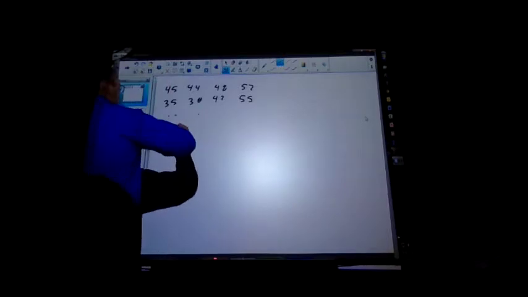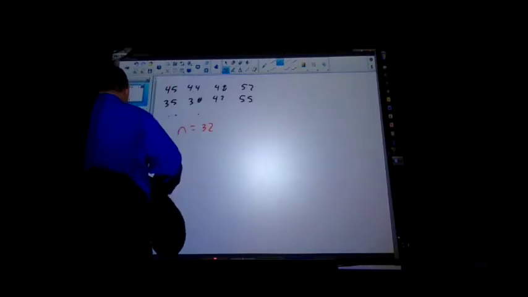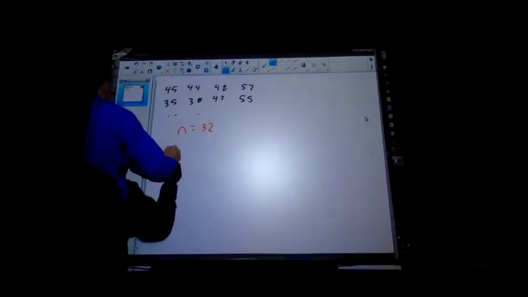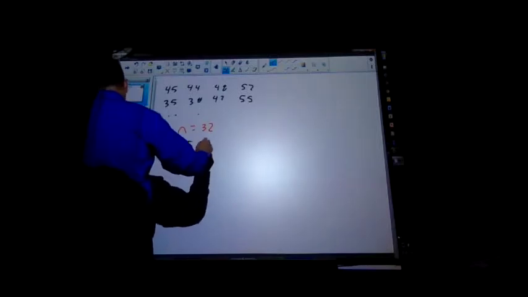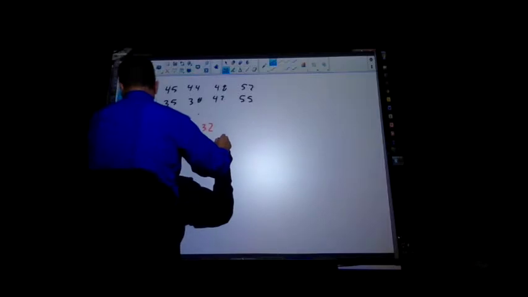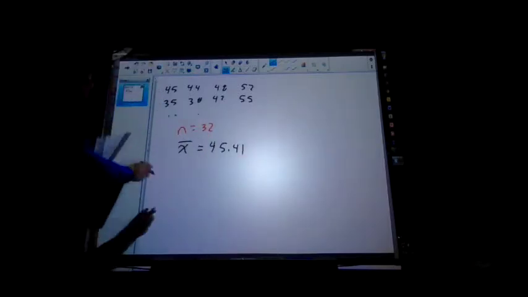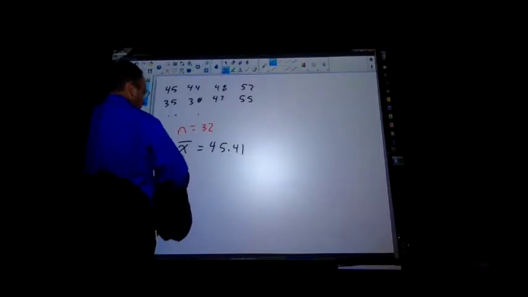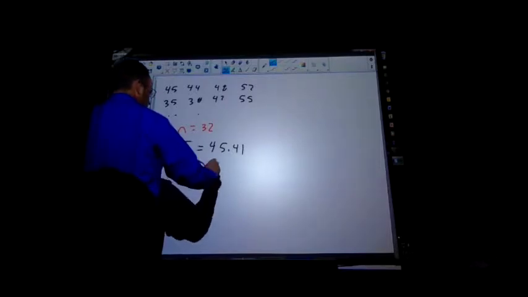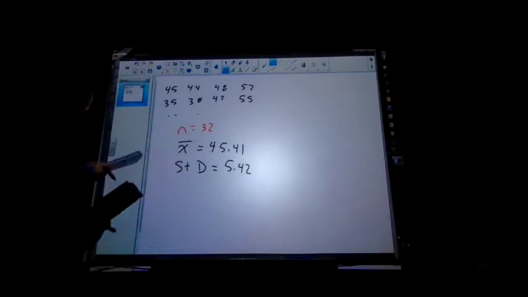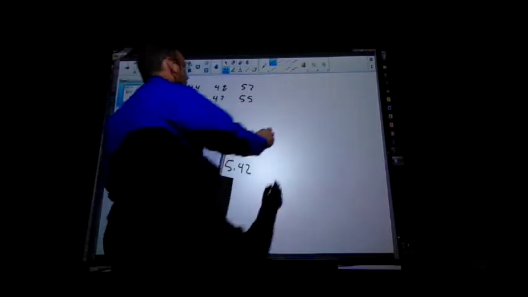So I have 32 pieces of data. I have an average speed of 45.41, rounded to 2 decimal places. And then I have a standard deviation of 5.42. Okay? So now we need to create, using this equation,